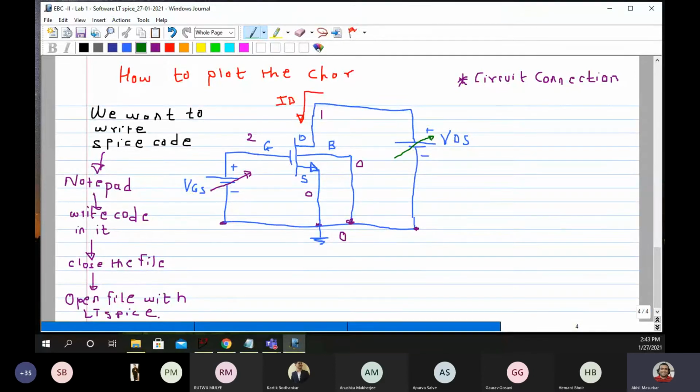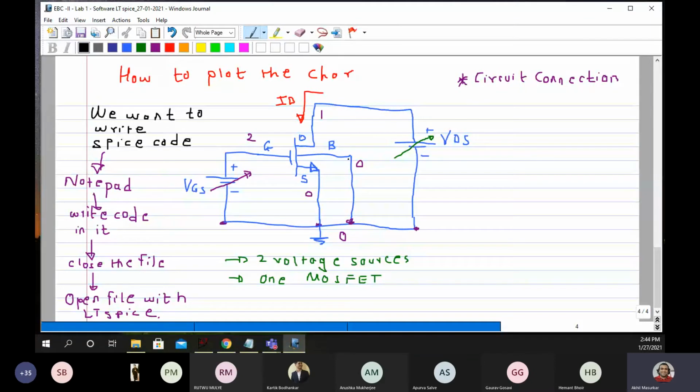So there are mainly three major things in this: two voltage sources and one MOSFET.